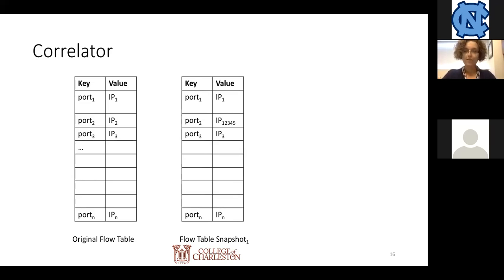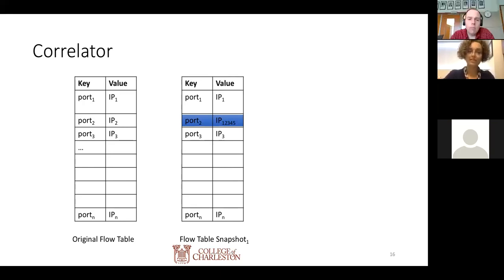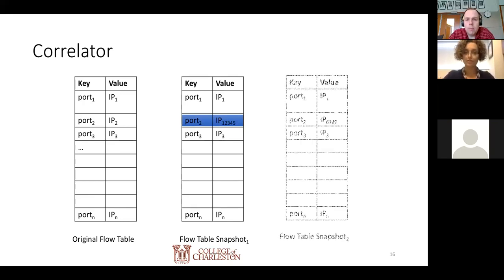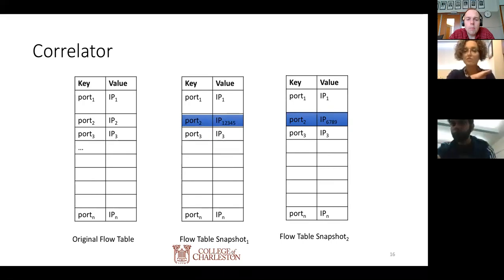correlator. The correlator now queries and takes another snapshot of the flow table, and it looks for the IP address of the SYN packet that it has just received. And it finds that it comes from the same port that it used to have a different IP address before, when regular traffic was happening. Now again, another IP address is sent. So like I said, we're sending multiple IP addresses to the correlator. So a second IP address is sent. So in a matter of a very few milliseconds, 2 IP addresses or more are sent to the correlator, and